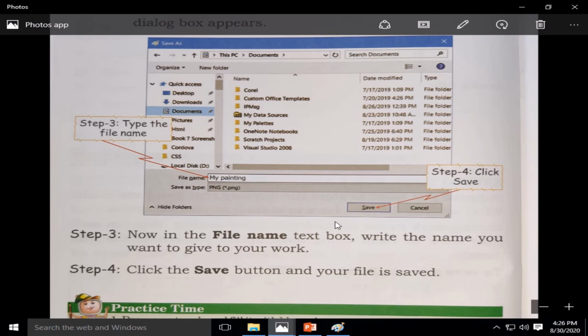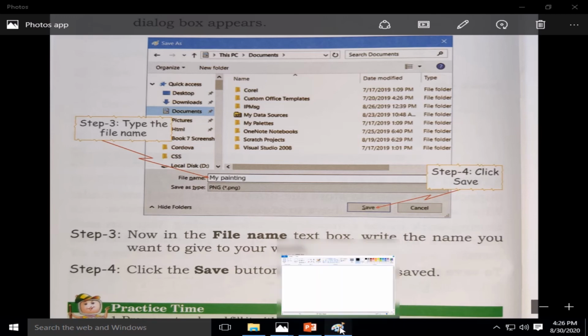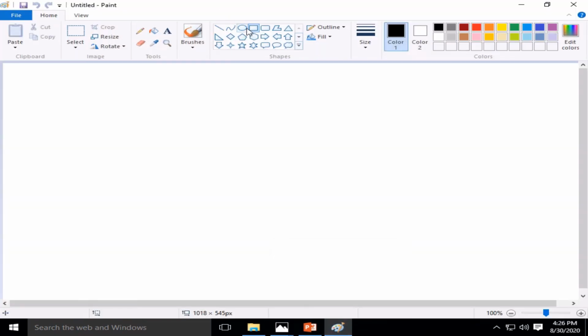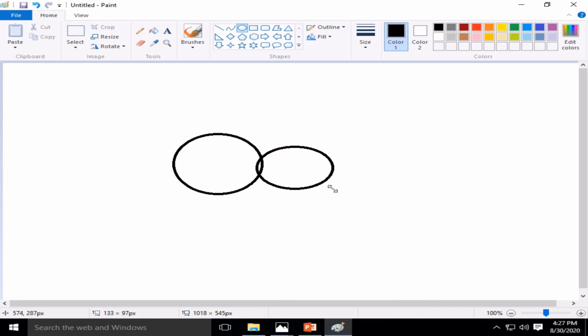Now I am showing you practically in Paint program. I am just making a drawing using a circle, another circle, another circle, another circle. See, I am going to make a caterpillar like this. Straight line.